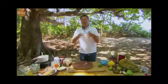Fruit for breakfast is a joy, and when you're in the tropics, what better to have than tropical fruit? And I'm going to make a layered granola and fruit compote breakfast dish. This is beautiful. Now, granola is a sort of breakfast food, and it's actually very, very easy to make at